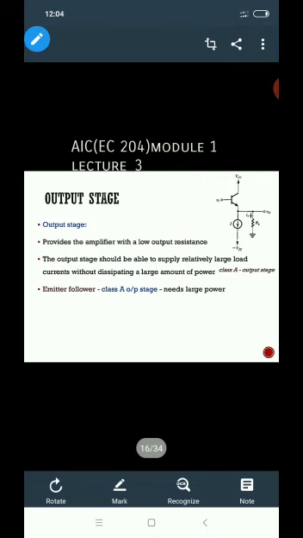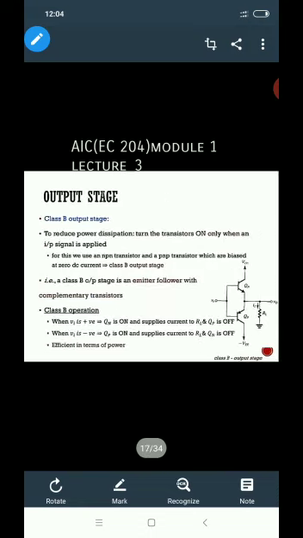Now the output stage, which provides the amplifier with a low output resistance. The output stage should be able to supply relatively large load currents without dissipating a large amount of power. Now here the emitter follower class A output stage needs large power. Now the class B output stage reduces power dissipation but turns the transistors on only when the input signal